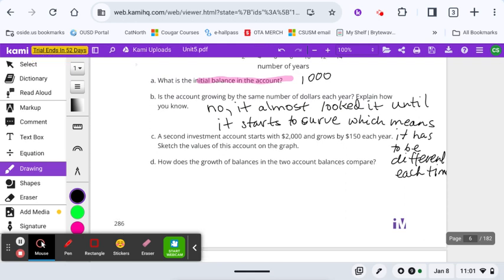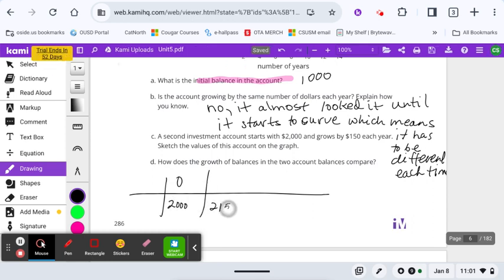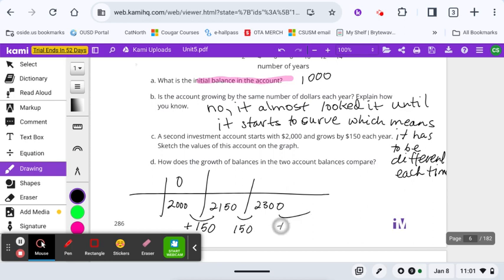A second investment account starts with 2,000 and grows by 150 each year. Sketch the values of the account on the graph. So let's get a quick idea of what's going on here. So starts with 2,000. So at the beginning there was 2,000, and then grows by 150. So 2,150. 2,300. What am I doing? I'm adding 150 at each step, et cetera, et cetera. You can go ahead and grab a calculator and keep it going if you want to,